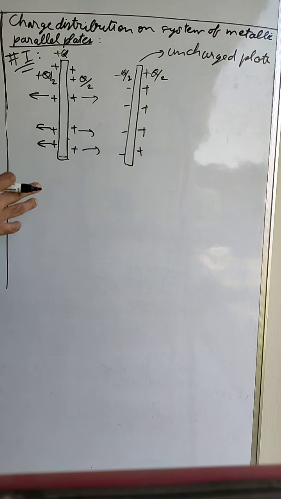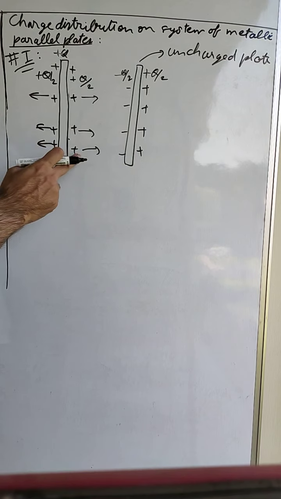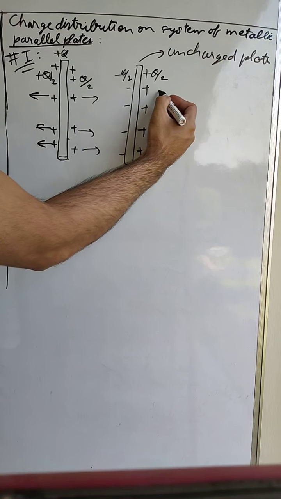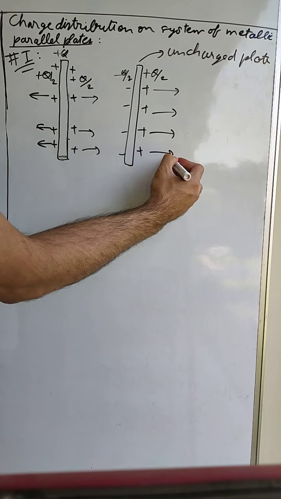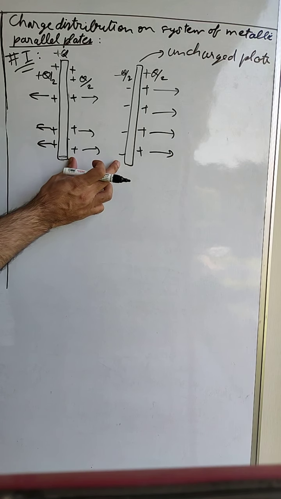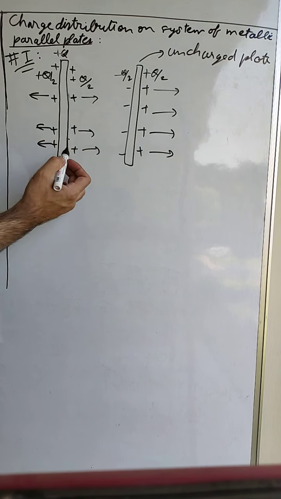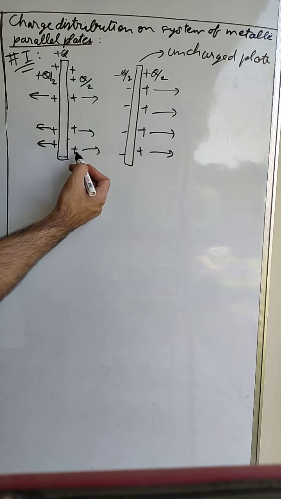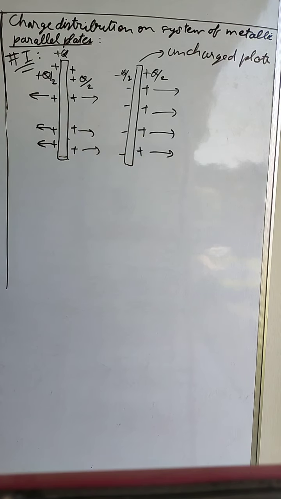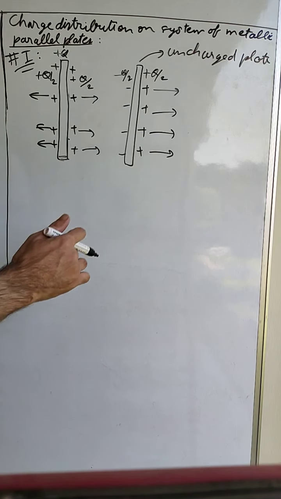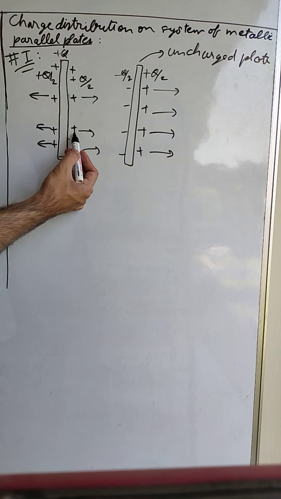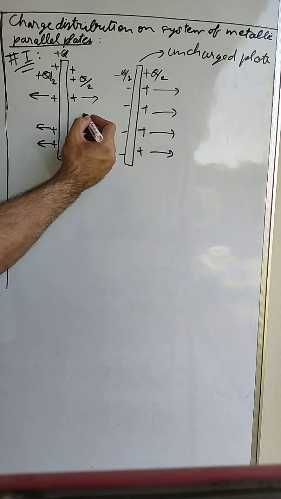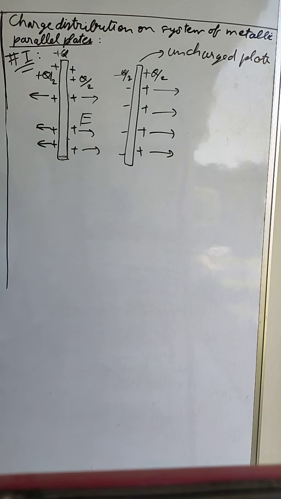Now if we talk about the electric field, these two electric fields are already there. Similarly, this positive charge will have an electric field in this direction, but in the area between the plates, the electric field will start on the positive charge and will end here. Since electric field lines cannot penetrate through the surface of a metallic conductor, the flux lines that start here have to end on this. So the electric field will be in this direction between the plates.